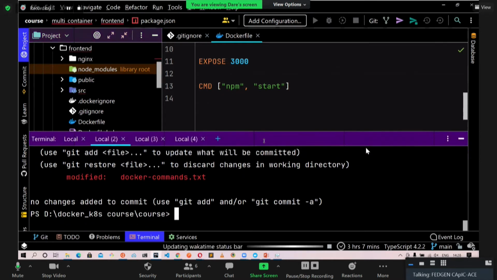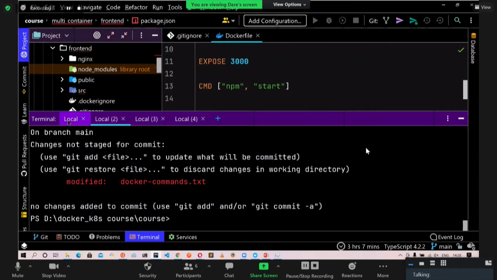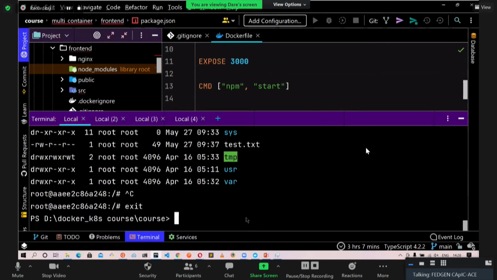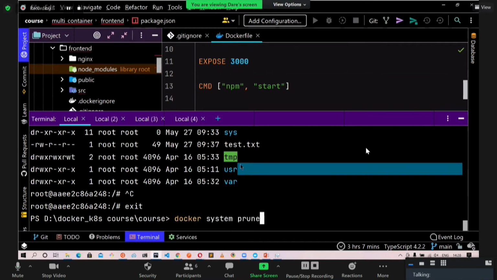So again, I will try to build the container. After I build it, I will run the container. So this is the Dockerfile. To build the image from the Dockerfile, we type docker build -t to give a name to the image. React